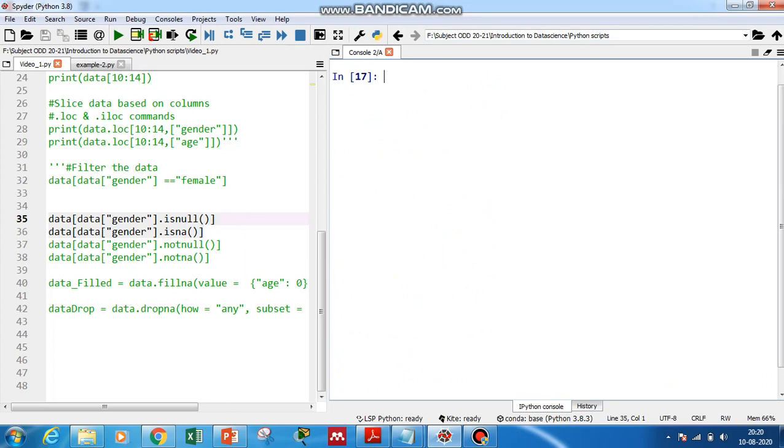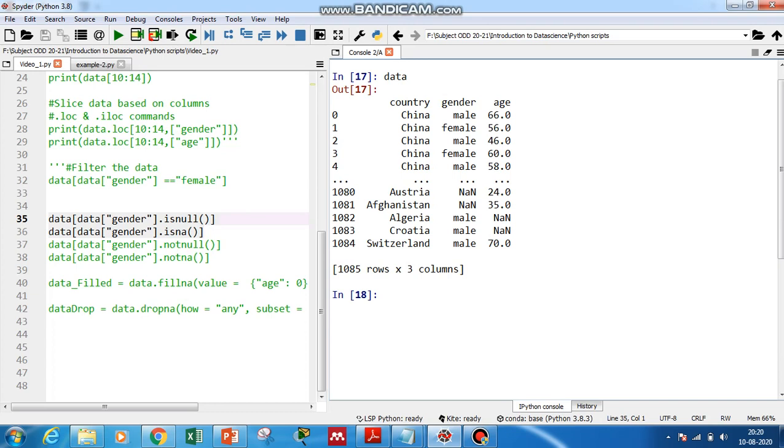A very important step in data science, before we start exploring the data using mathematical or statistical functions, or before we apply the data to any machine learning algorithm, is cleaning the data set. So here we are going to discuss how to clean the data set. It is well understood from this output that there are some values called NaN which have to be removed in order to get an accurate result whenever we apply this data set to machine learning or any statistical algorithms. Now how to do that?